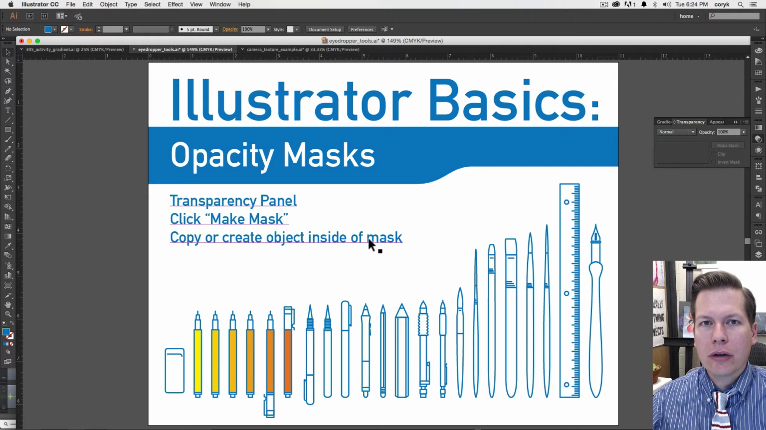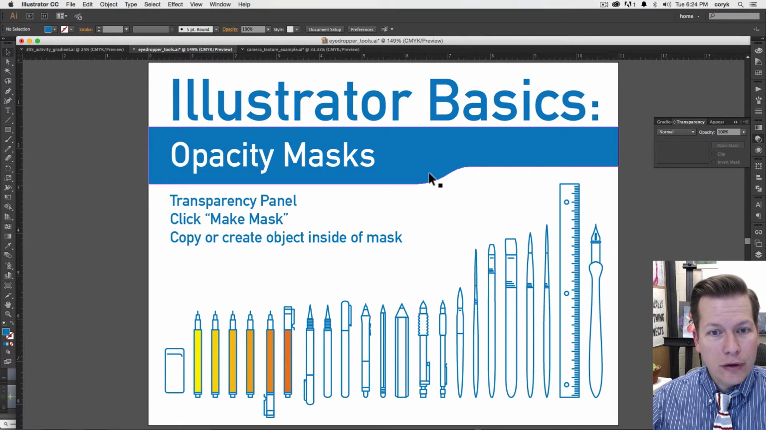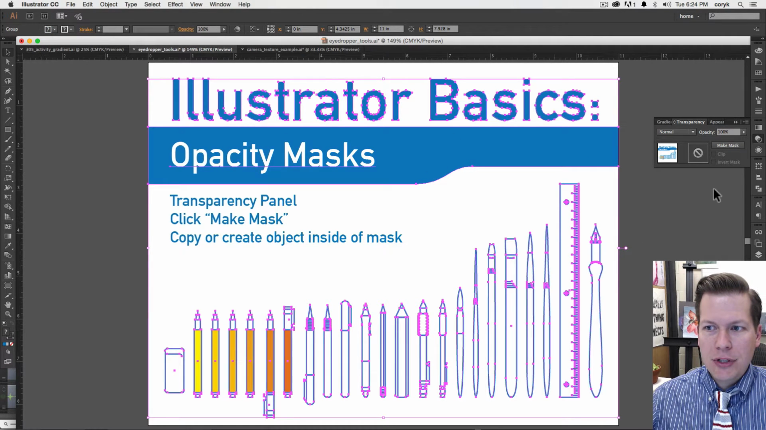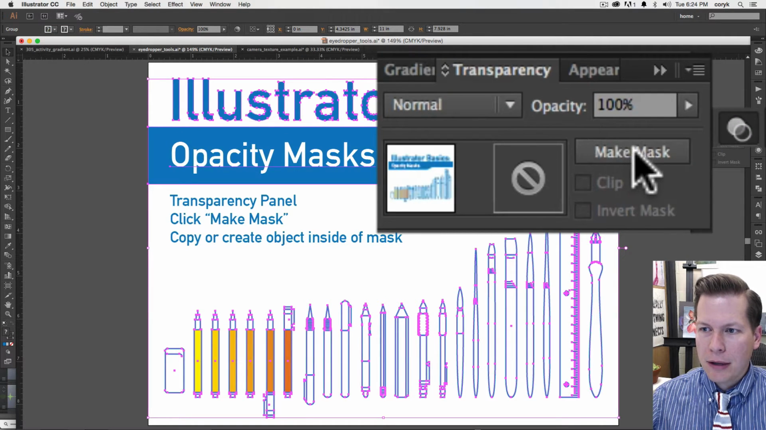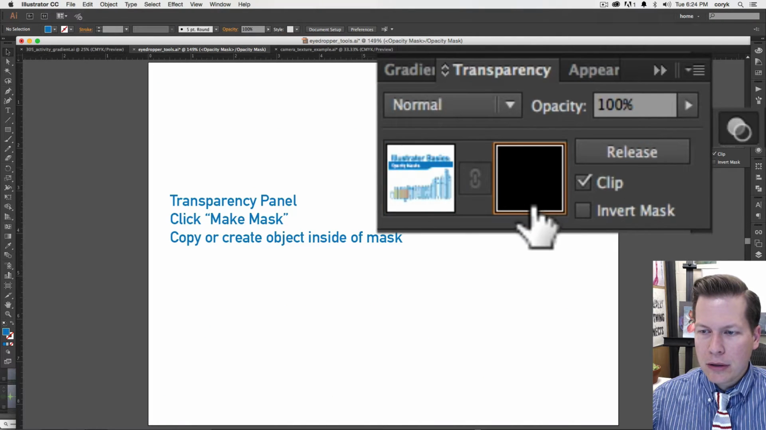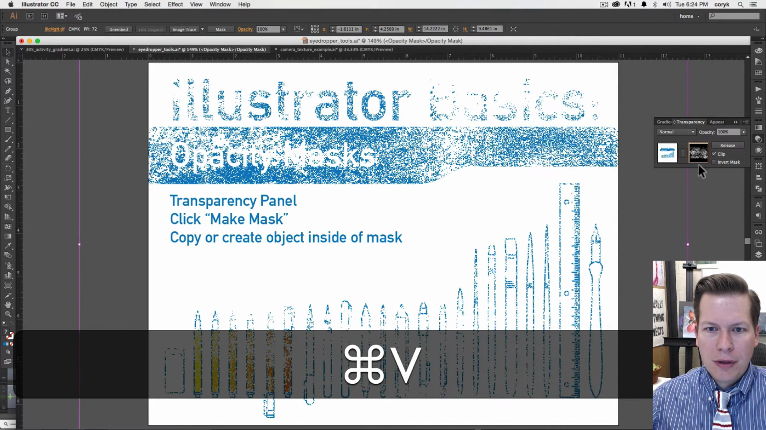Opacity masks are a little hidden gem in Adobe Illustrator. Today we're going to talk about them. For example, I can take these objects, go to my transparency palette, click Make Mask, click on this, paste something into that mask,